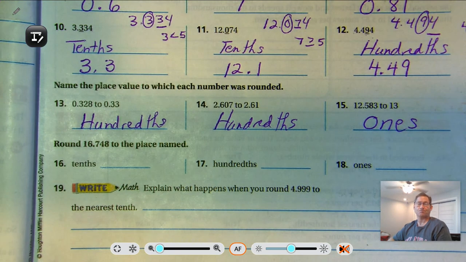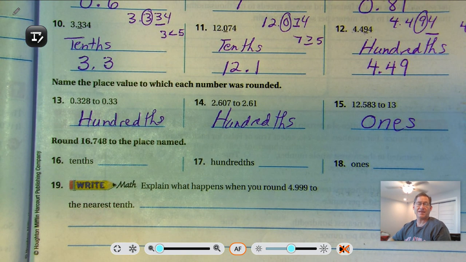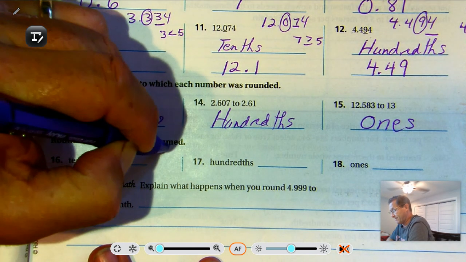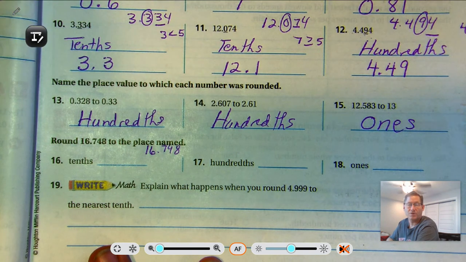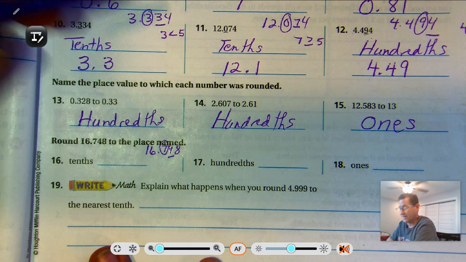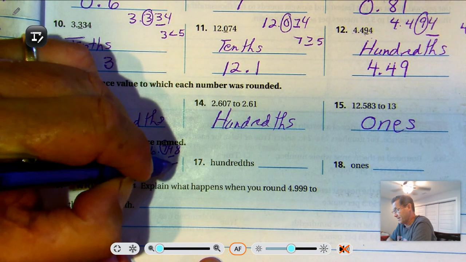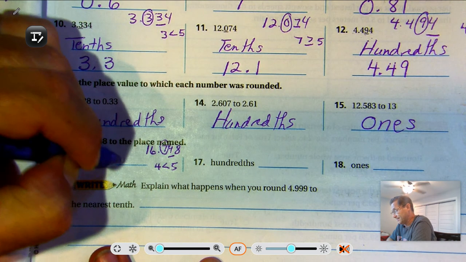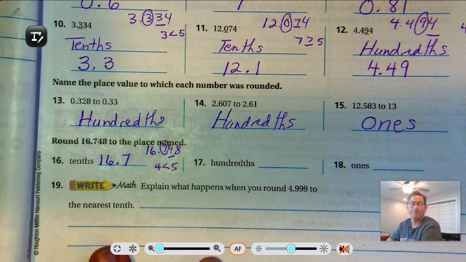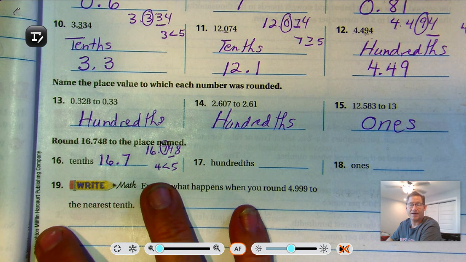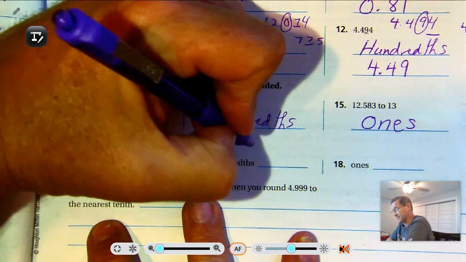Okay. Round the following number to the place name. Tenths. 16.748. What number is it? What digit is in the tenths place? Well, that's the 7. Look to the right. Compare it to 5. 4 is less than 5. Keep the digit the same. So we're rounding to the tenths, so we're going to drop off any digits to the right. Hundredths, same number,